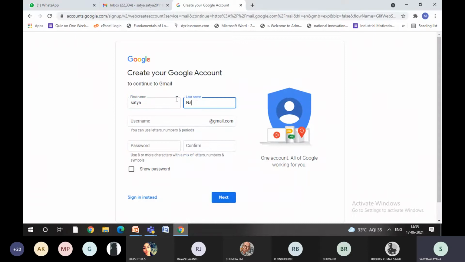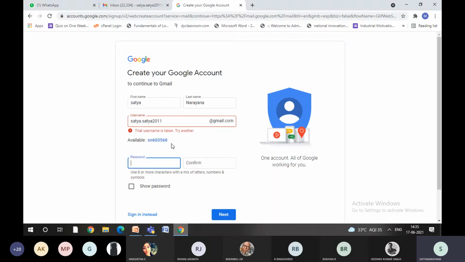Now you can see I'll just give my first name and last name. There is no harm in this. It won't give any problem. Now I'll try to create one email ID, 2021@gmail.com. Now you see the username is already taken. It is my mail ID only, but I'm just checking whether it is available or not. So the username is already taken. Try another. So this is one exception. Now I will say 2011. This is also my ID. Let us check one thing. So it is already taken.